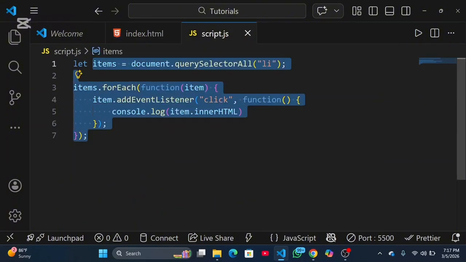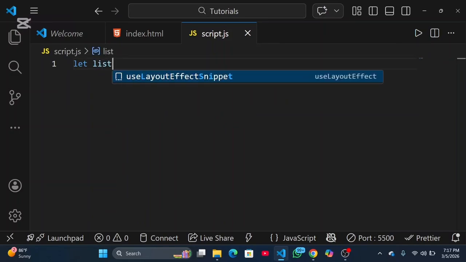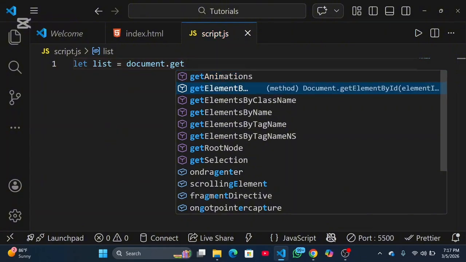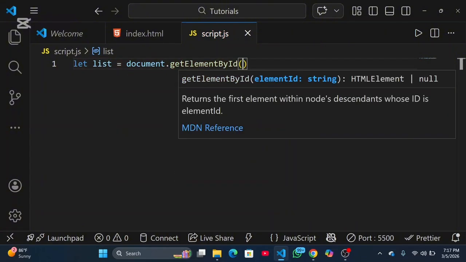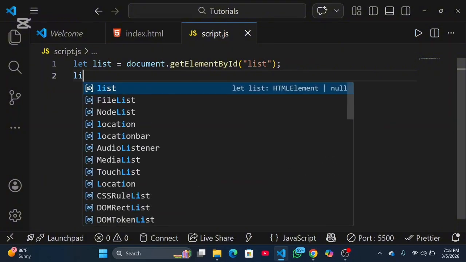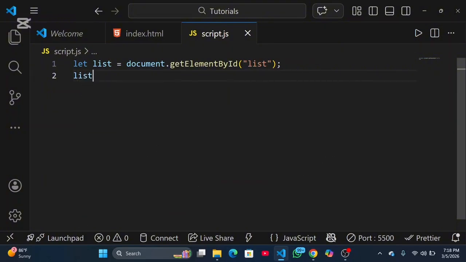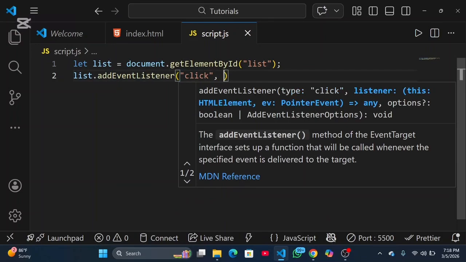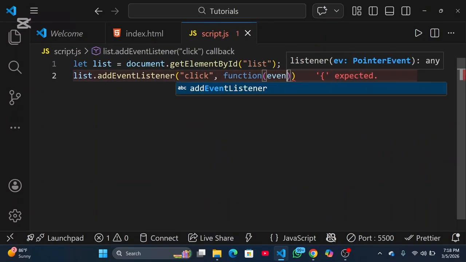Instead of adding an event to each item, we add one event to the parent. Okay, so here we have the list already. Okay, so we do a document.getElementById list, right? So the list, we're going to add an event listener to it. Okay, so already we know that first line that says let list equal document.getElementById, we just first selected the parent element, then we add one event listener, which is list.addEventListener